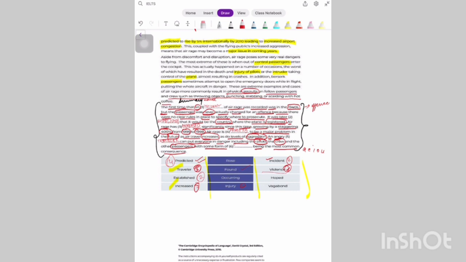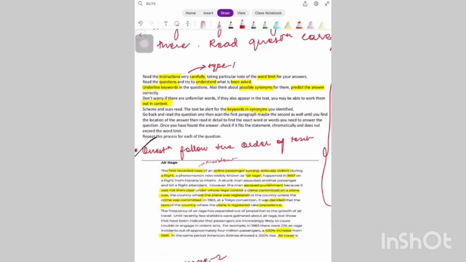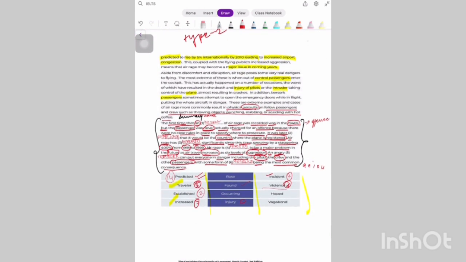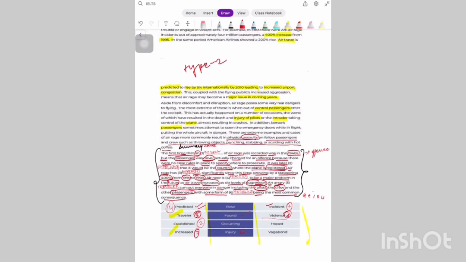So this is how you solve your questions. I never read the paragraph beforehand because I also want to solve it like a student, and I go exactly in that way. So you have, I think by now you might be well aware of the